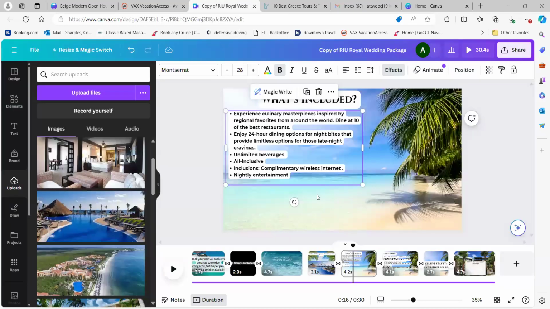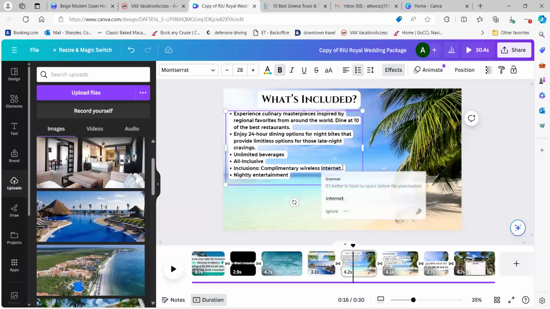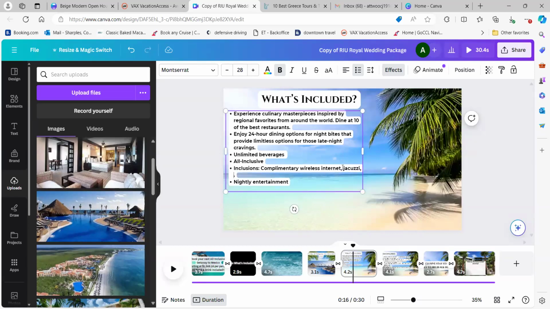They have a jacuzzi, nightly entertainment, because then I can put this all in one spot. Concierge desk, 24-hour front desk.